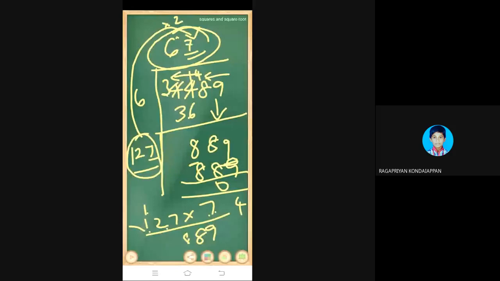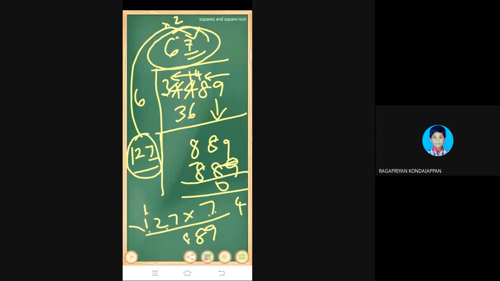Is it clear, children? Any doubt? Very important concept. You will be getting this model in 10th standard also, in chapter 2, polynomials. You have to solve a polynomial in 10th standard, but the same model. Now you are getting numbers; there you will be getting variables. That's all. That is the difference in 8th and 10th math.